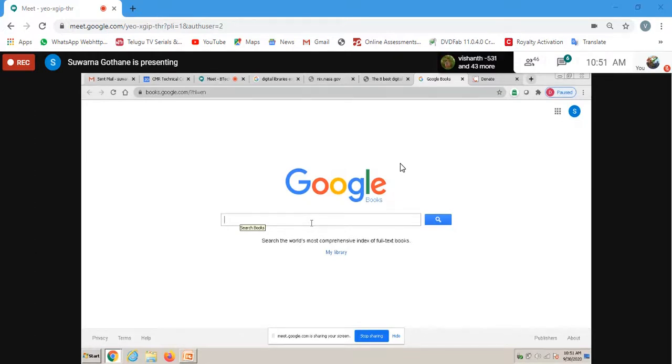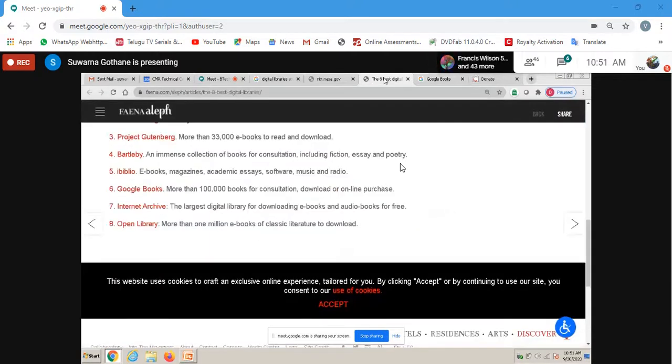So what is the author of this book? Gerald. If you type that, you may get that particular book. There will also be indexing. Once you identify that particular book, you can download it. Or here some internet archives are going to be there.